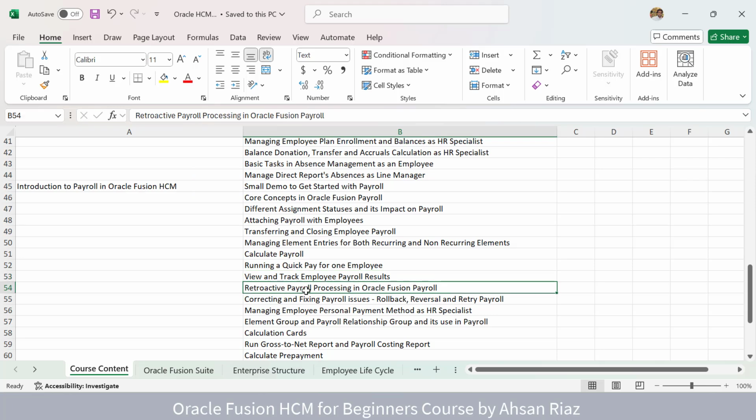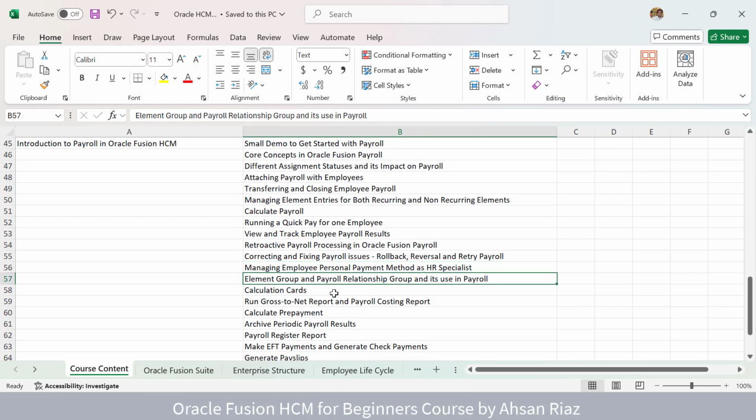run, how you do the retroactive payroll processing in Oracle Fusion Payroll, how you correct the payroll issues, how you manage employee payment method as an HR specialist, how you can attach the calculation cards to the employee, how you run the different reports like the payroll costing report and gross to net report, how you do the prepayment process,